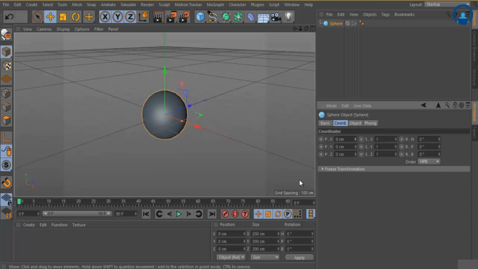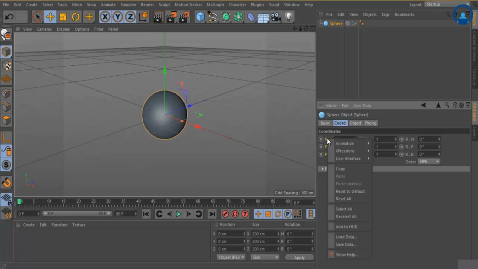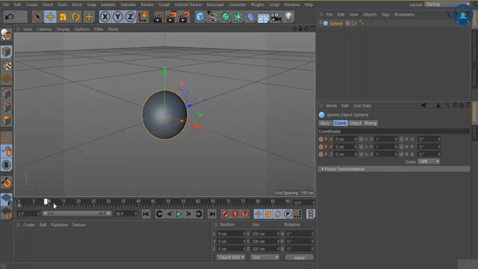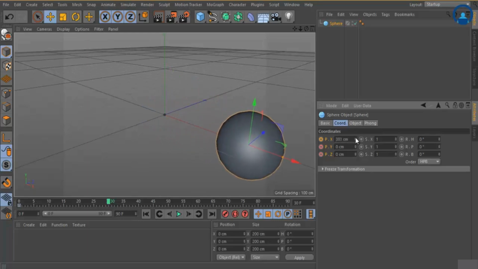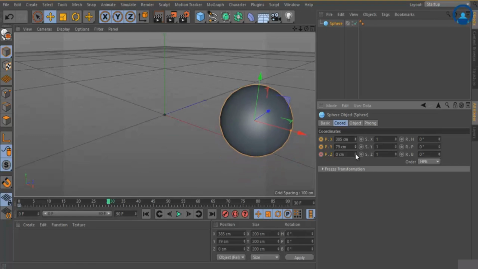Okay, now to animate this x property, I right click on this radio button or on this P or anywhere, and inside animation I can add a keyframe on this particular position at frame number 0. You can see it's animating the whole property x, y and z. Then I move to frame number 30 and I change the x value or y value or z value.